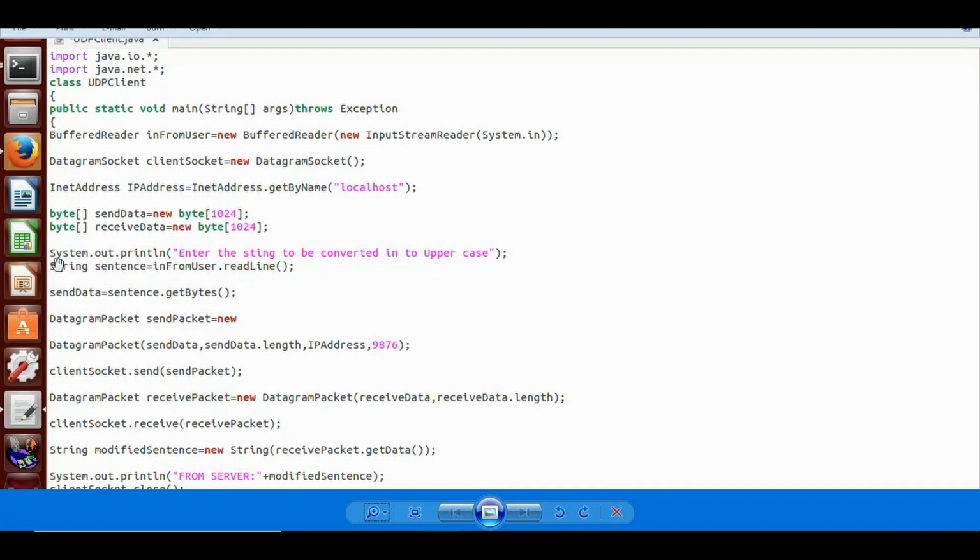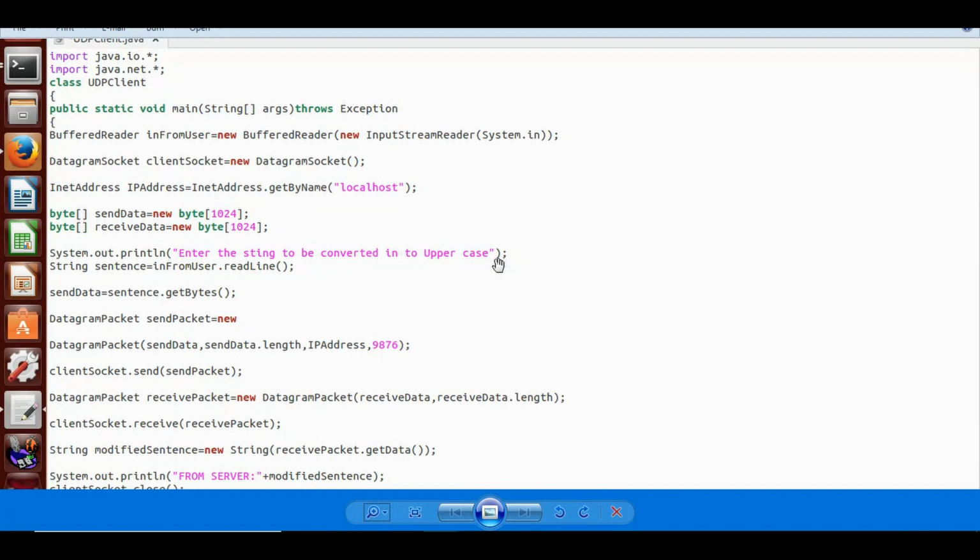Okay, so next I'm printing a line on the client side telling the user to enter the string to be converted into uppercase. I'm asking the user to enter a string in lowercase, though it could be any case. I'll send whatever the user has entered to the server, not after establishing a connection, because it's UDP.